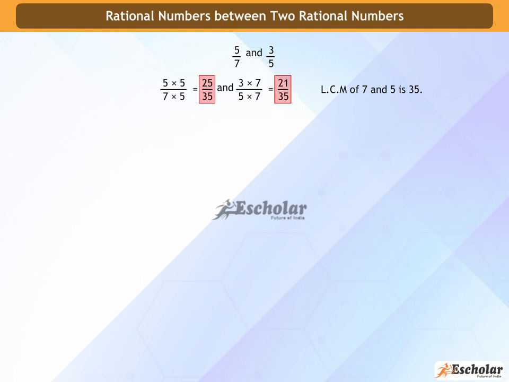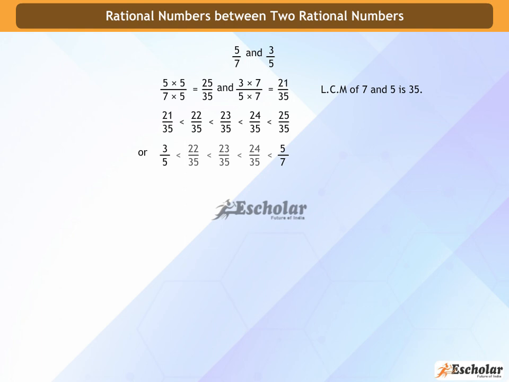Put the fractions in ascending order, 21 to 25. Put the fractions between 3 by 5 and 5 by 7 in ascending order. So, 22 by 35, 23 by 35, 24 by 35 are rational numbers between 3 by 5 and